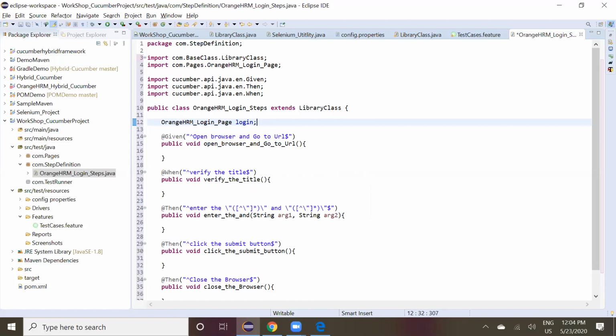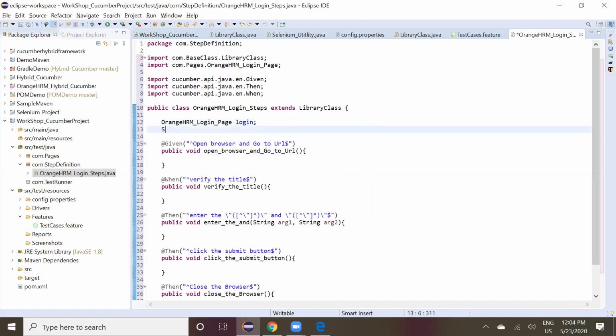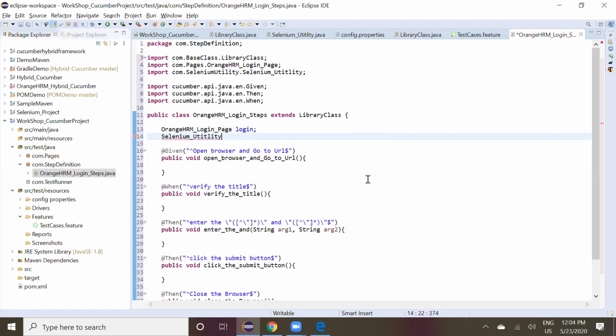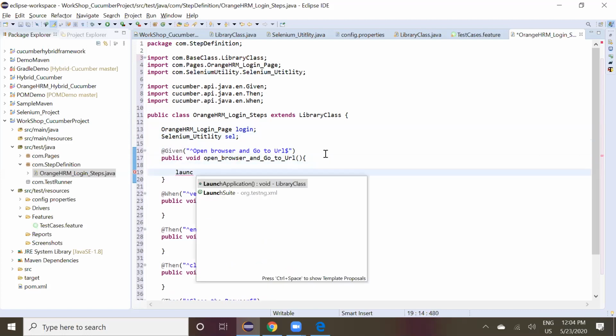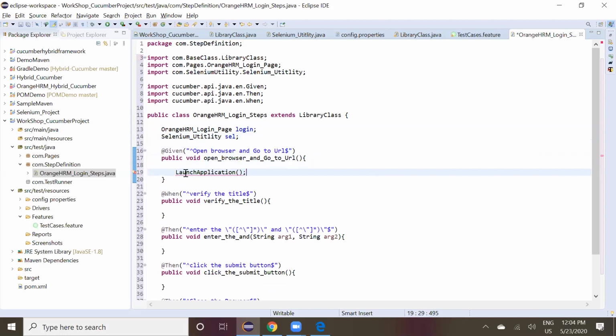Then you call that launch app code which we did from our library, the Selenium utility. Okay, you call that launch application method which we created in our library class.